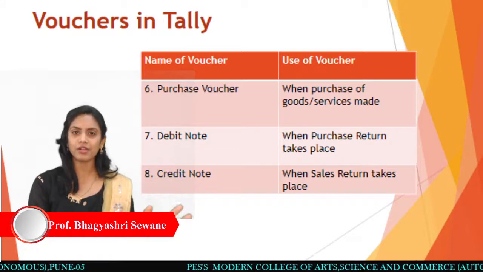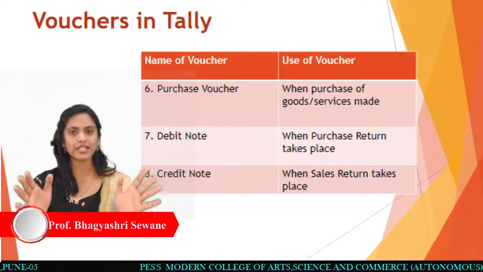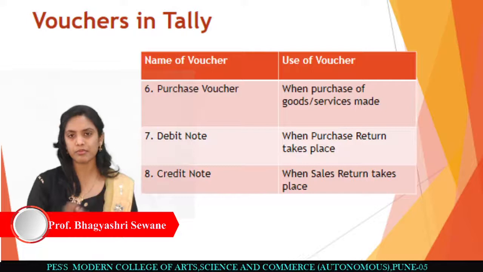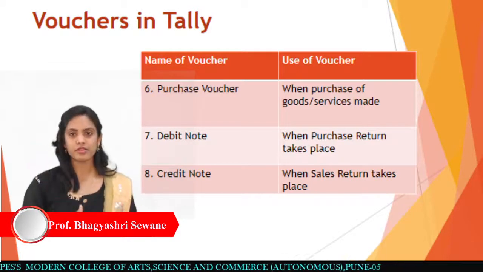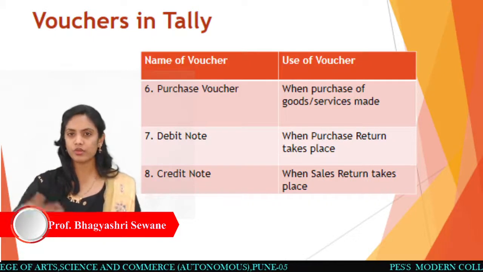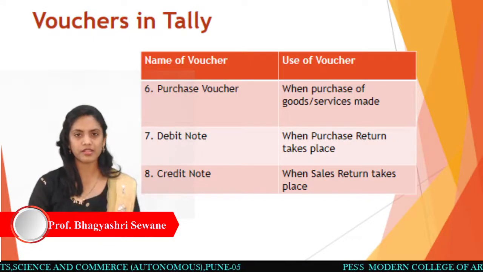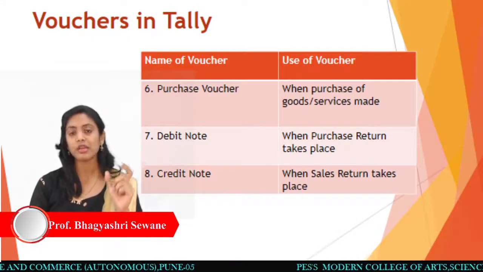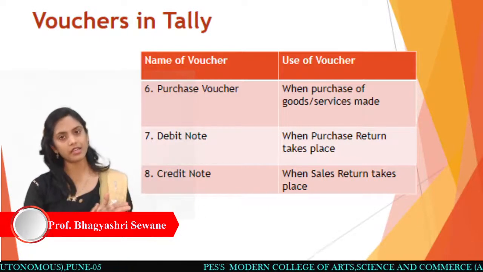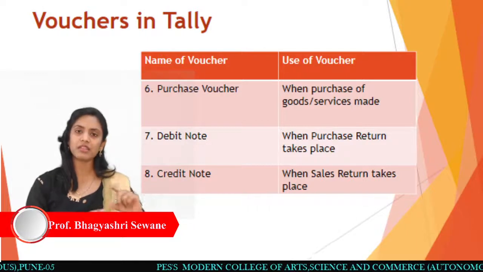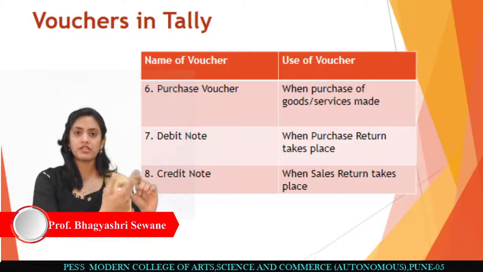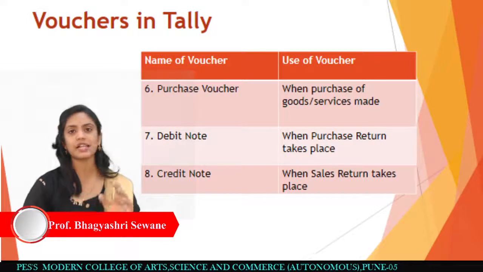This is only for the logic, okay? This is only for the sake of understanding, or what we can say, for remembering purposes. Otherwise, you know the procedure: who gives the debit note to whom, supplier and purchaser. So a debit note is a purchase return. For a purchase return, we will create a debit note, meaning whatever effect we gave in the journal entry of a purchase, that is a purchase account debit, we have to nullify that, and that's why there is a debit note.